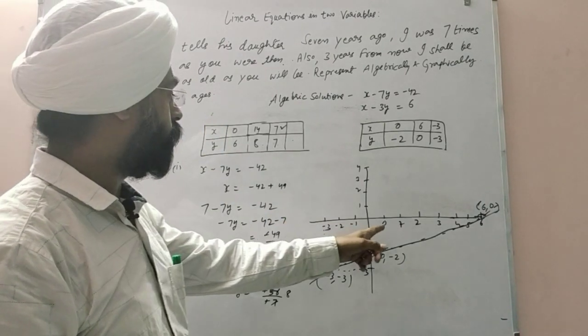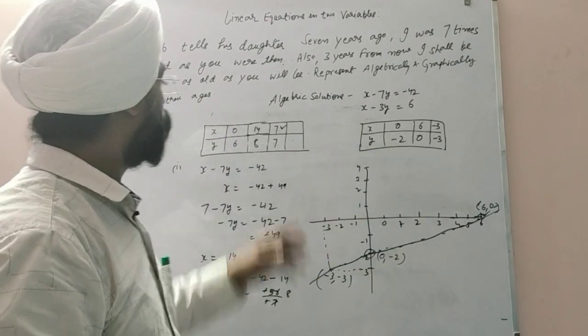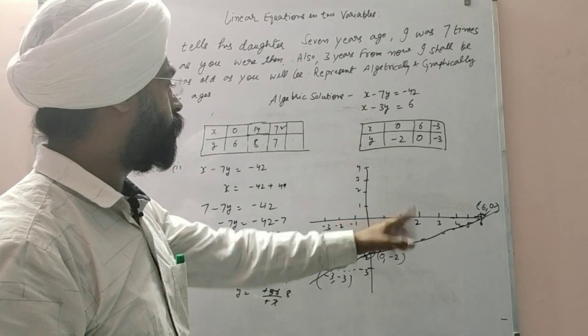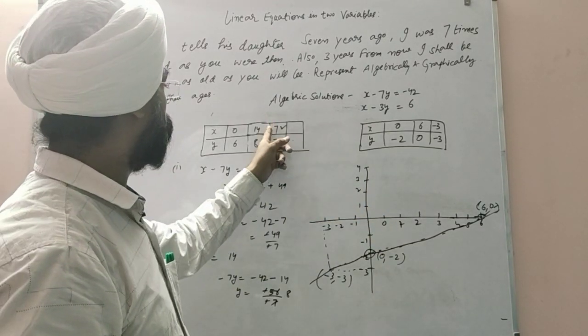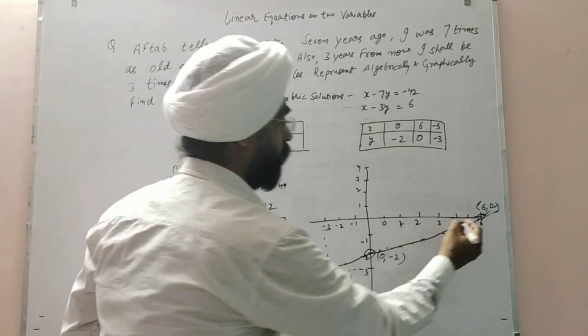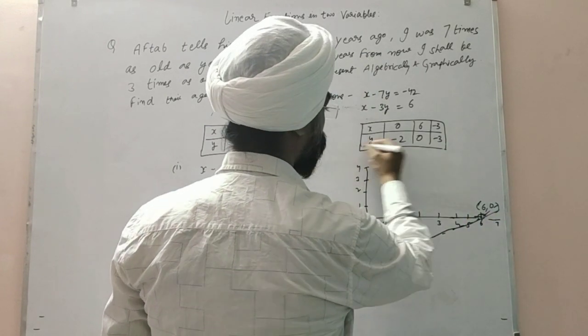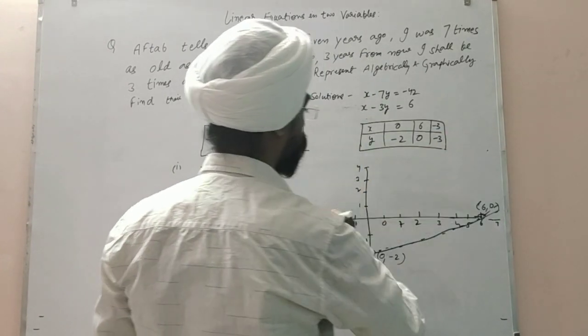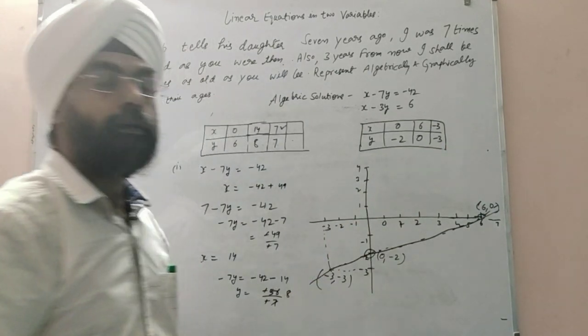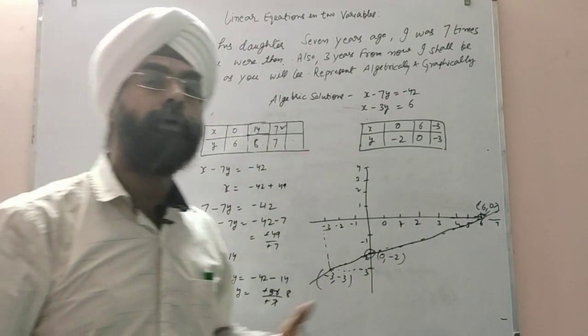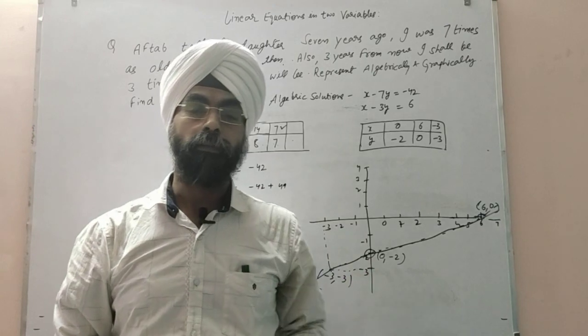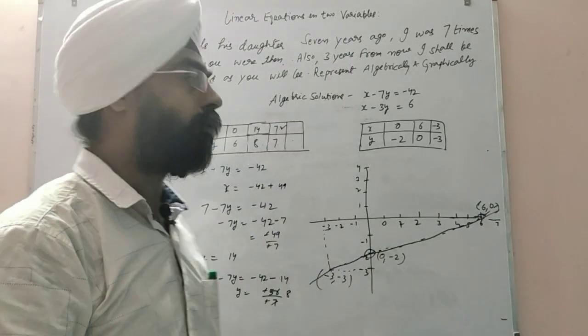For x as 0 and 6, you can write it here. 14 and 8 are also not possible on this graph. x is 7, y is 7: x 7 will be here and y 7 will be at this place, so it will be like this, right? You can make the other line. If you have any problem in drawing the line, you can ask in the comment box also.